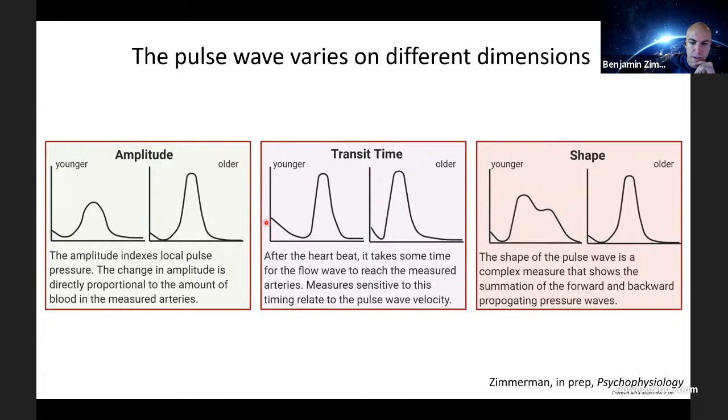We can also look at the transit time, which reflects how long the pulse wave traveled to reach the area that you're measuring from. So this would be a longer amount of time than this one, which got there right away. And we can also derive metrics that try to capture the shape in some way, like the difference between the peakiness here or this drawn out response. And we've published numerous papers now looking at all of these metrics, and the pulse shape, this measure here, seems to be the most reflective of arterial stiffness. So that's what I'll focus on for the last part of the talk here.